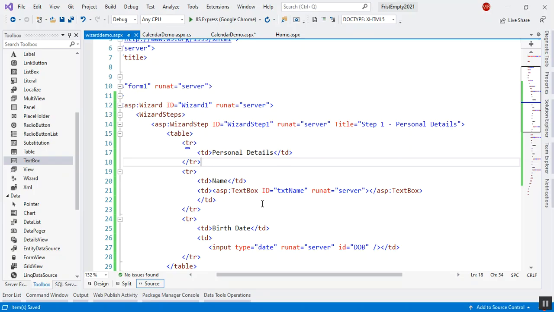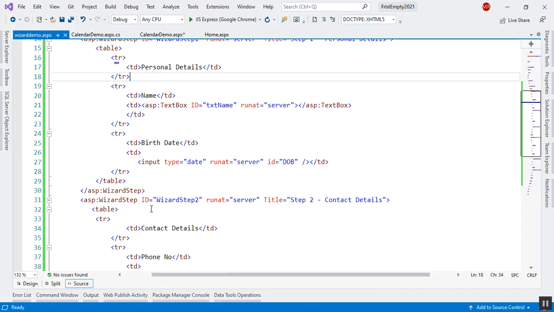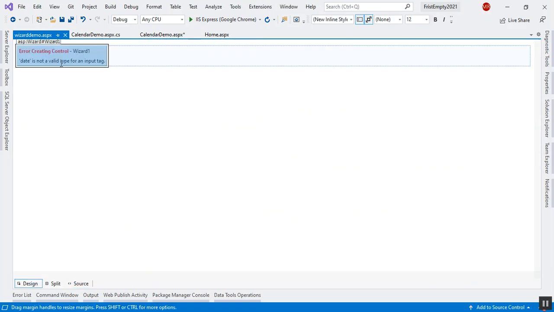So wizard is easy for designing purpose or development purpose, but it is not good for your application actually. All rich controls have got same drawback. If I go to design mode,